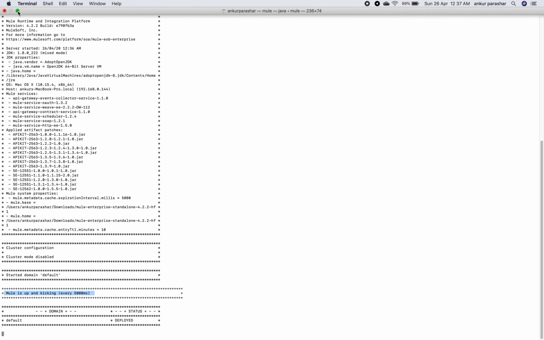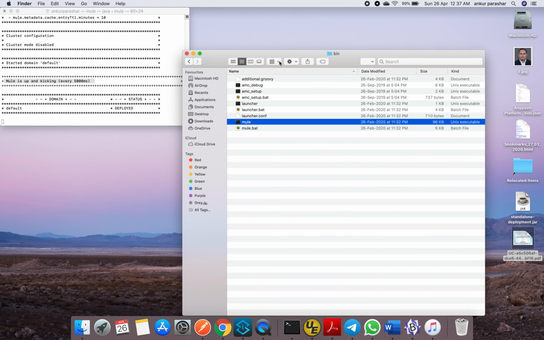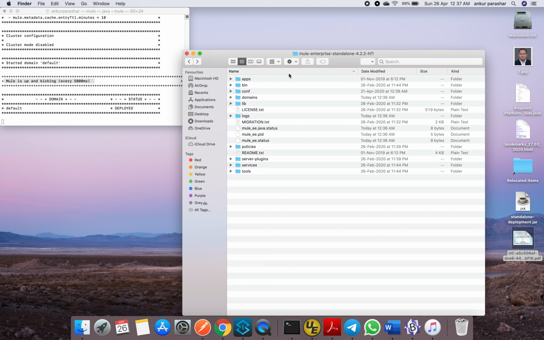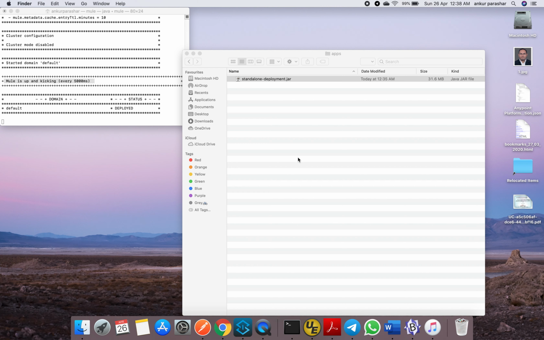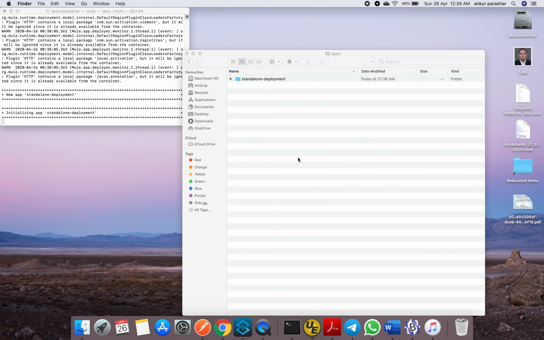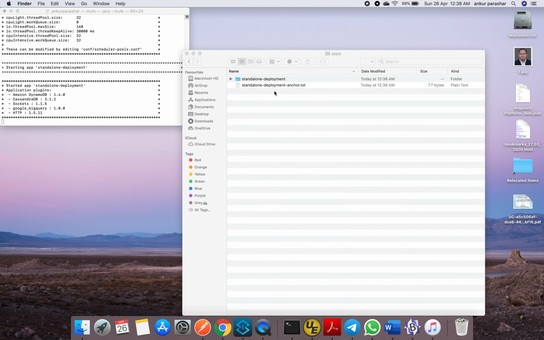Okay, so let's minimize this and deploy our application. You have to go inside this apps folder and put your jar file over here. So let's put this. Okay, you will see as soon as you have put this particular jar file, it is extracted into a folder with the same project name as the jar.